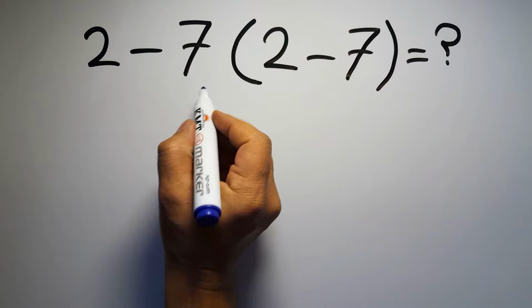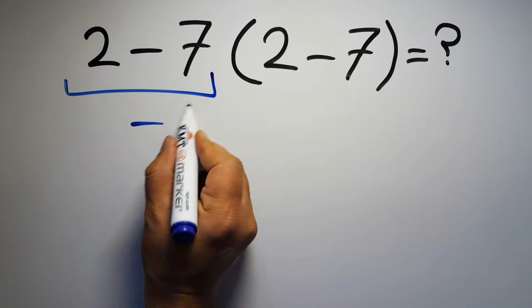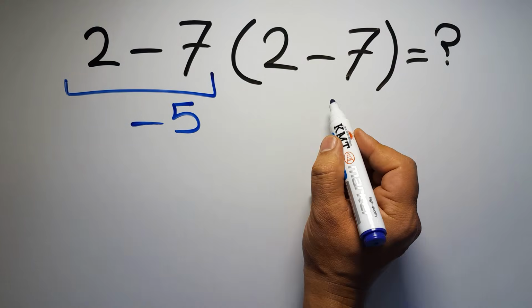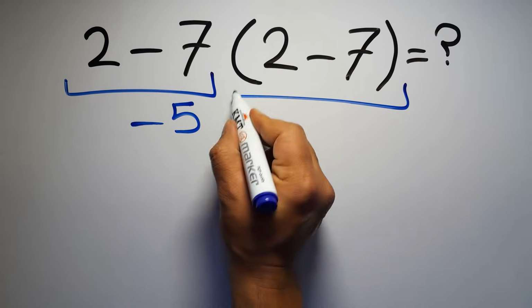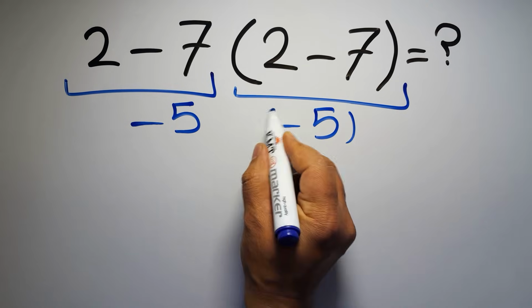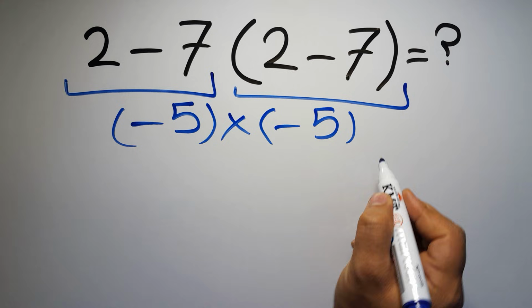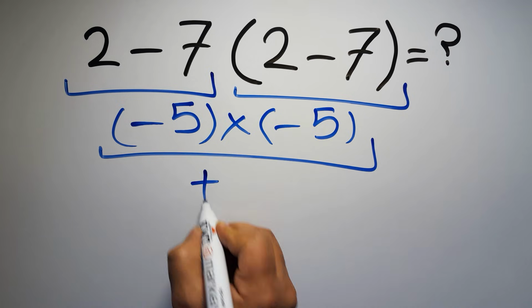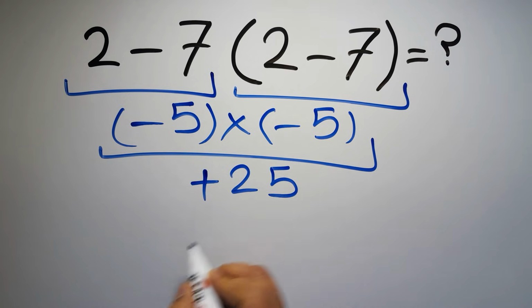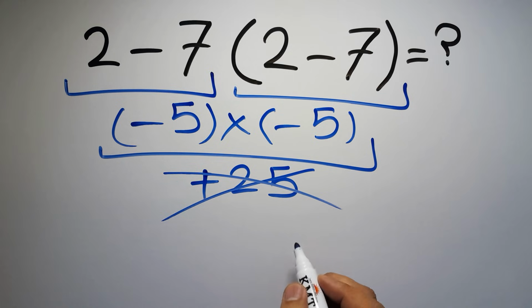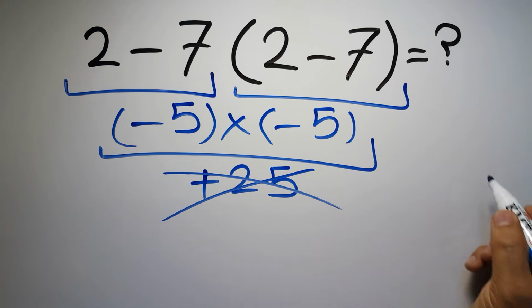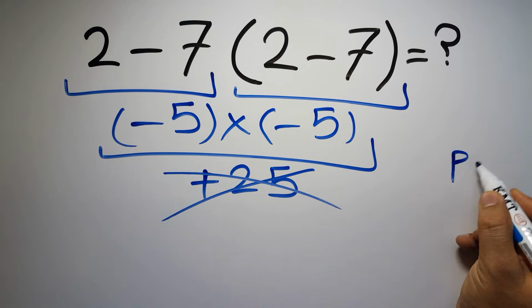2 minus 7 equals negative 5. And again, here inside this parenthesis, we have 2 minus 7. So negative 5 times negative 5, which equals positive 25. But this answer is not correct, because according to the order of operations, first we have to do parentheses, then